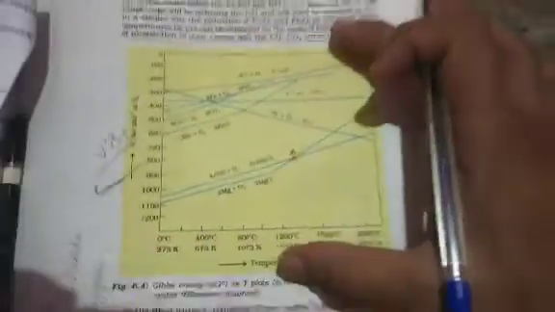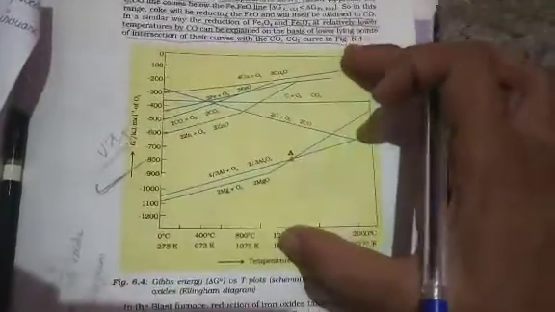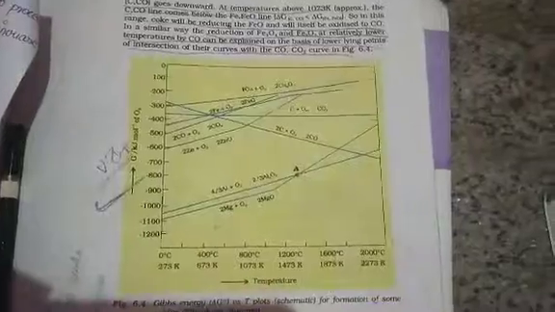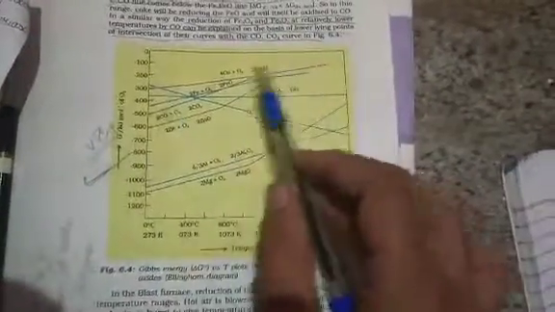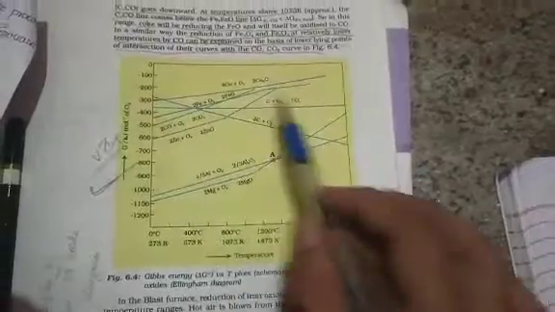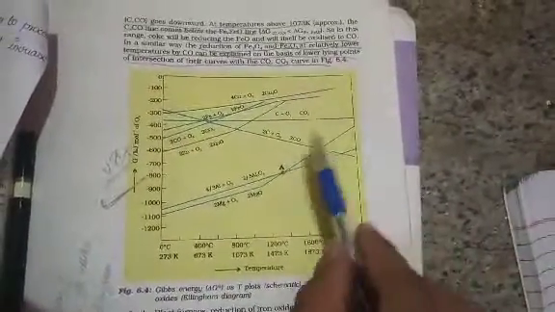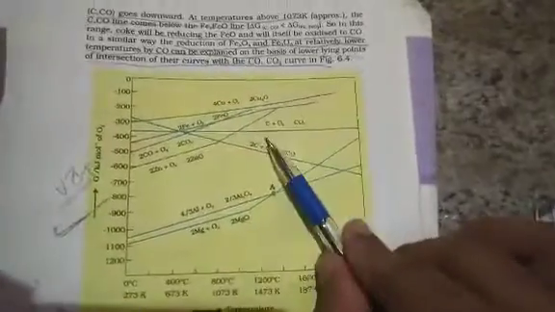That is, if I just show you my textbook part, let us see this. So this is the plot called the Ellingham diagram. So what it is saying, they are the curves. Whatever curves, whatever lines you're seeing, these are called the curves. Curves means nothing, it's a graph. So the curves which are obtained